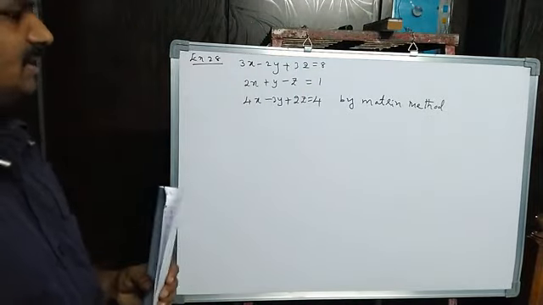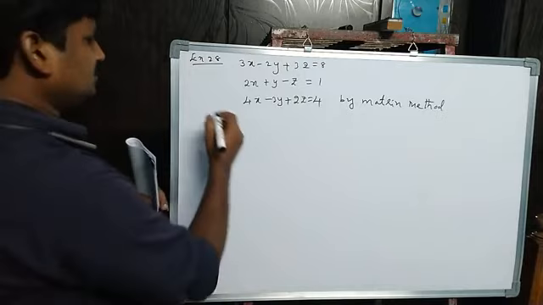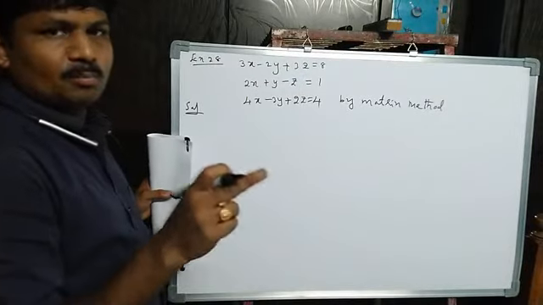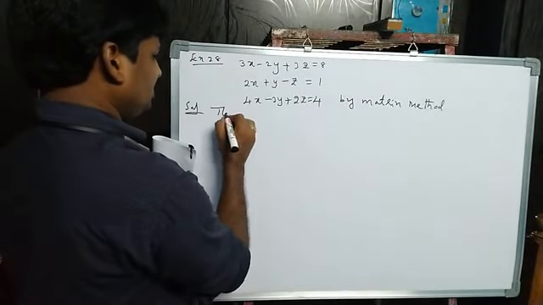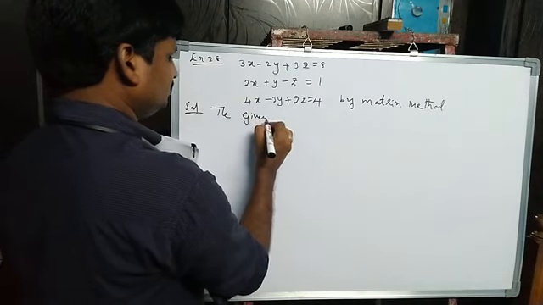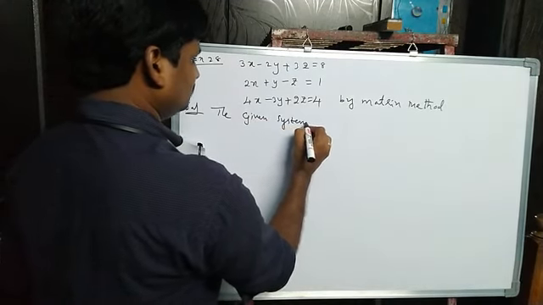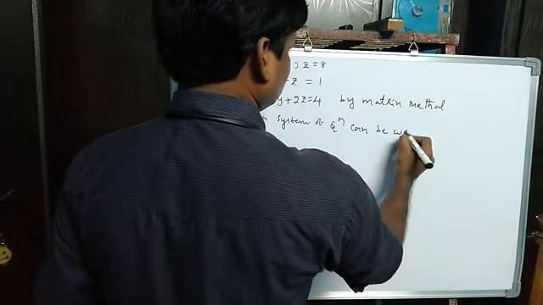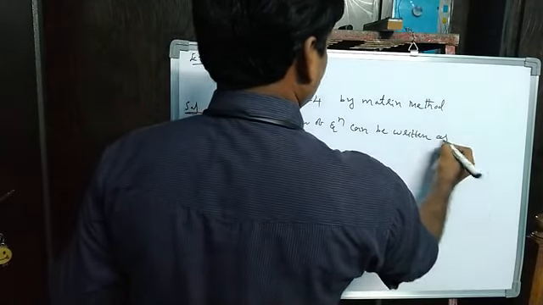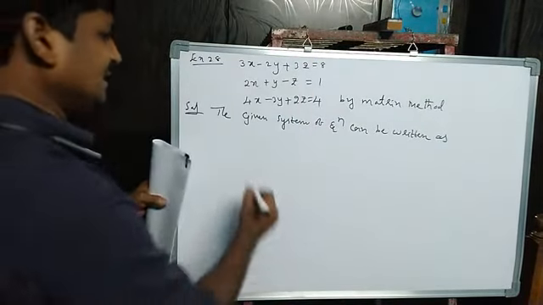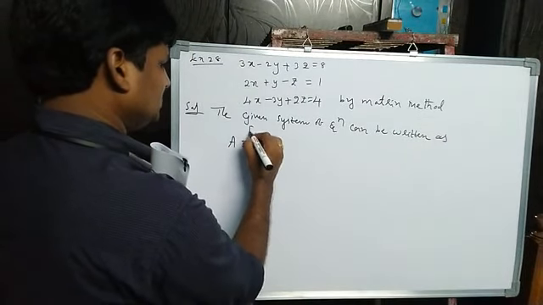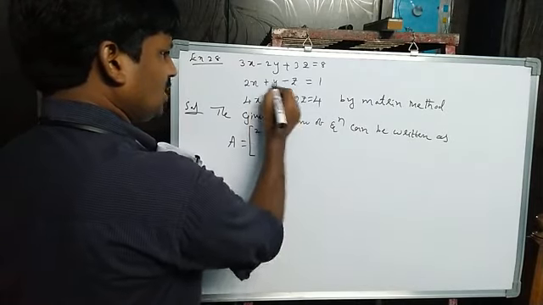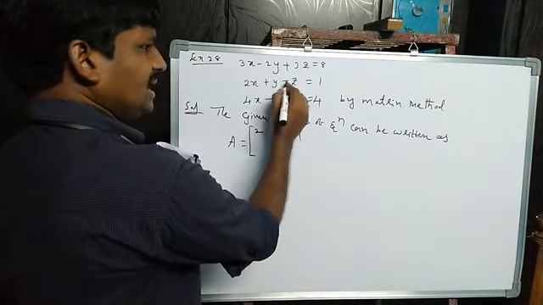So I already explained how to solve. How do we solve this one? Listen carefully. First, you have to write this system of equations in matrix form. So the given system of equations can be written in matrix form. A is equal to, just write the coefficients. For the first row, x coefficient 2, y coefficient 1, z coefficient minus 1. Here minus is there, don't forget the minus.